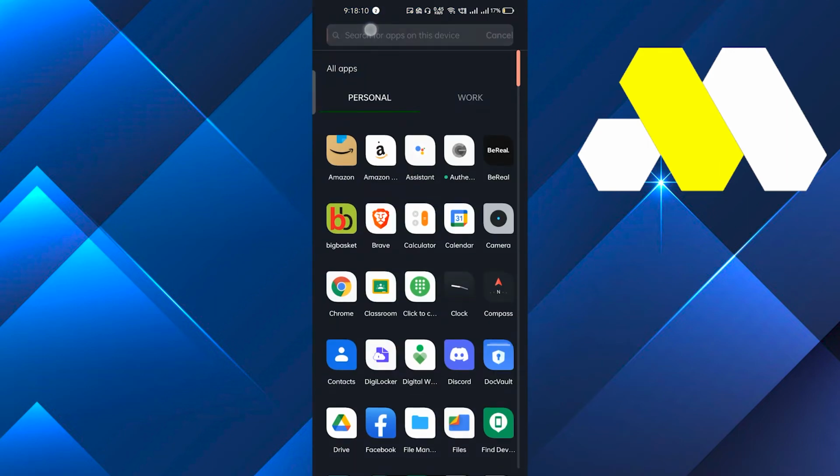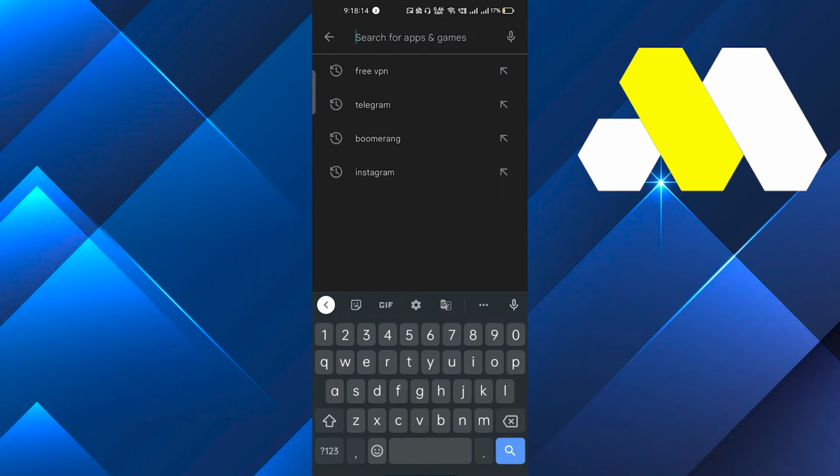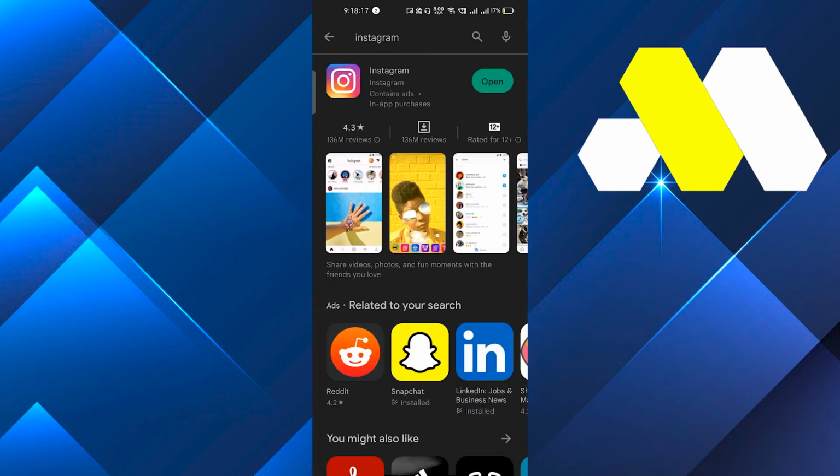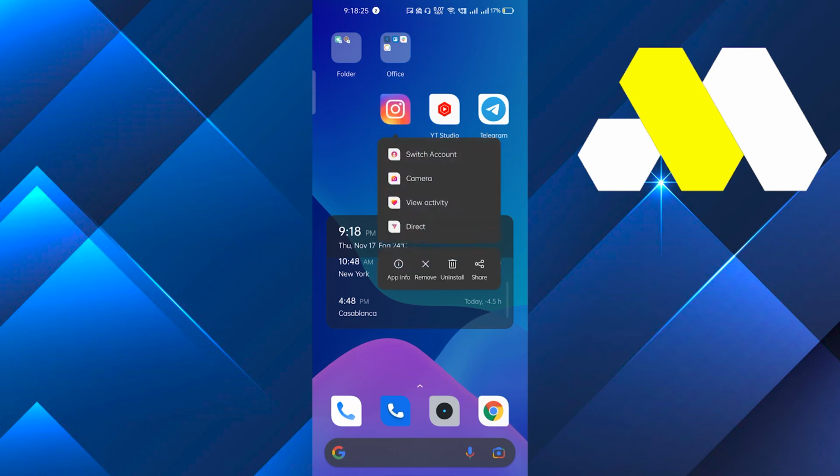The very first solution I can give you: just go to the Play Store and in the search bar type Instagram, and make sure to update the app right now. If you get the option Update in place of Open, just update it right now because this will fix your problem. And if it doesn't, then you have to do one thing: select and hold the Instagram icon,